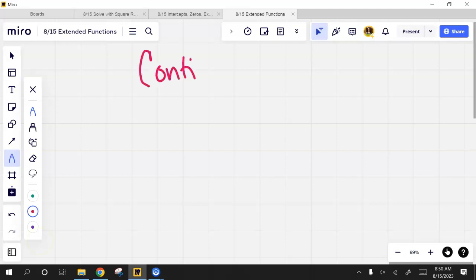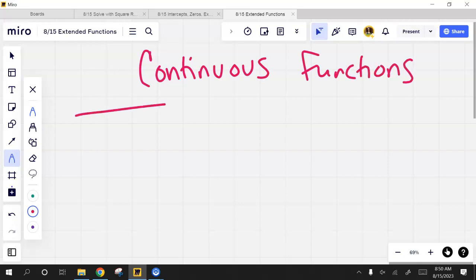There is one little thing I need to tell you about continuous functions before I tell you about IVT. Why? What's wrong? This is an easy lesson today. If a function is continuous, then every operation on that, well, addition, subtraction, multiplication, division, not division, because you can't divide by, okay, so addition, subtraction,